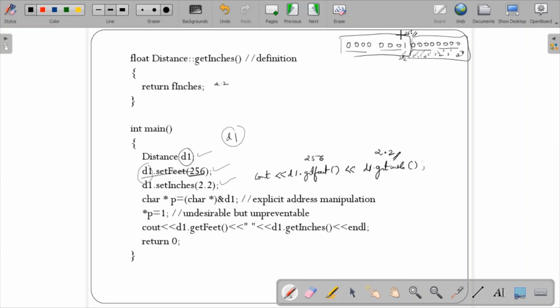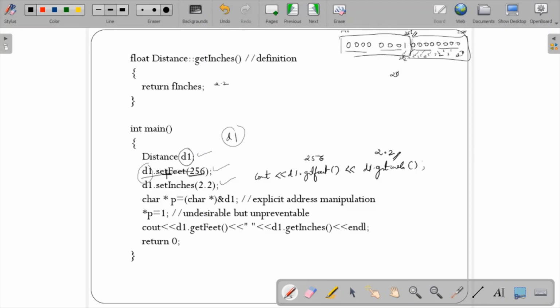Agree? You know the value of 2 to the power 8 is nothing but 256. Now here the ifeet would be 2 bytes. Since the value is 256, it is 2 to the power 8, and this is how you show the 2-byte bit representation, where zeros would occupy the lower address in little endian. So here this will be the LSB, least significant byte, and here it is the most significant byte, MSB. Zeros occupy the lower address in little endian.